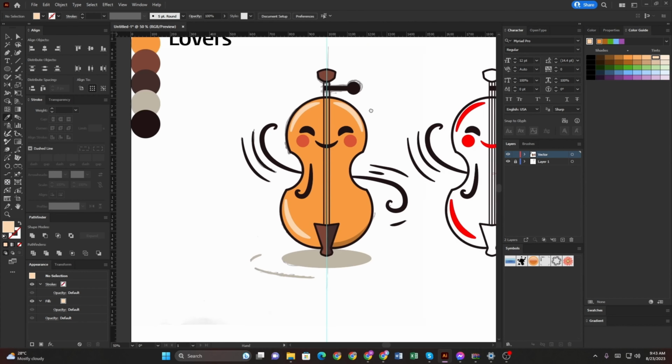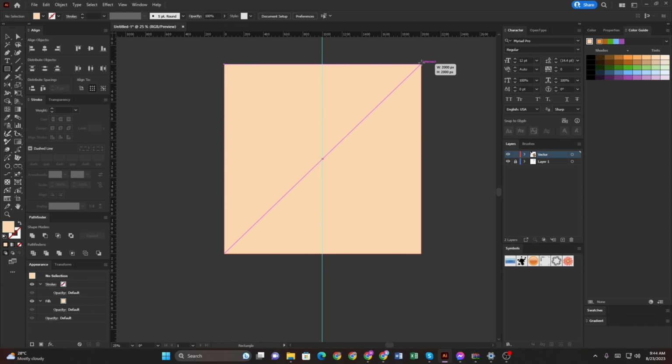Then color selection. Now, make a rectangle shape.